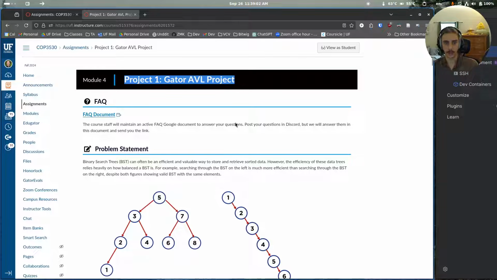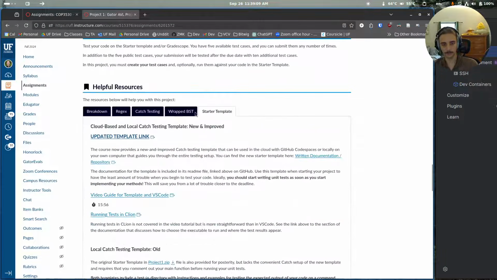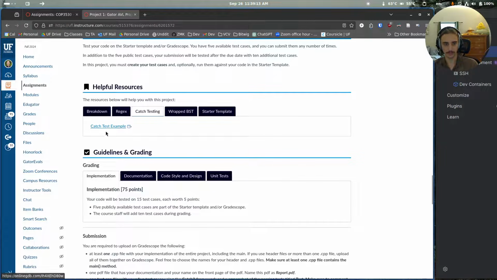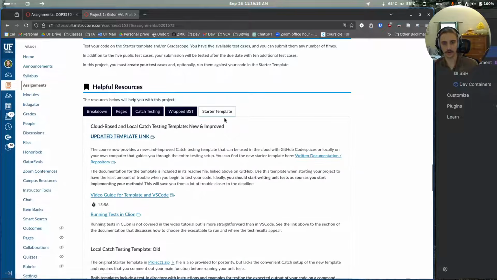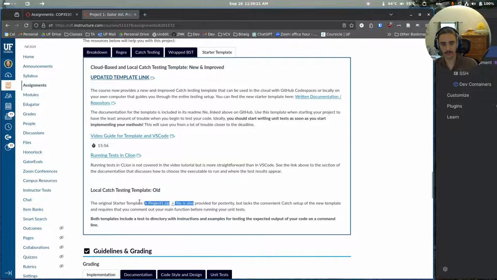First, what you're going to want to do is go onto the project document and scroll until you find the starter template. You'll see in the helpful resources, it's linked, well, not in the catch testing tab, but in the starter template tab. What we originally provided was this old project1.zip template, and you can still use that if you want, but it makes it a little less seamless. For instance, when you want to do your catch test, you're going to have to comment out your entire main file,